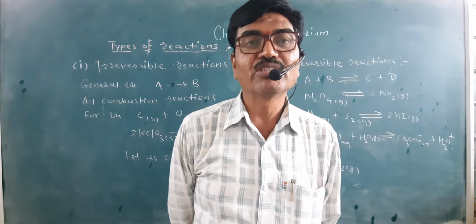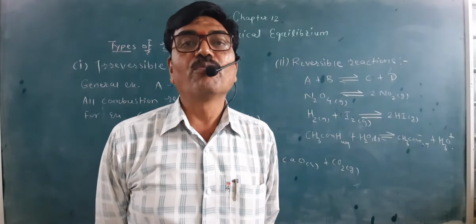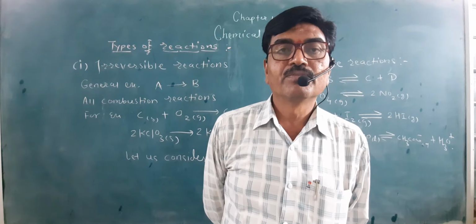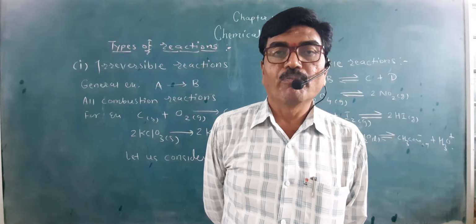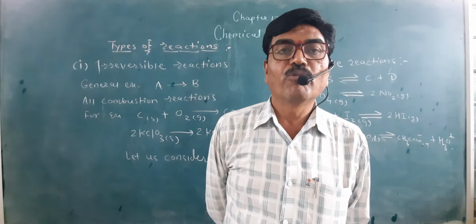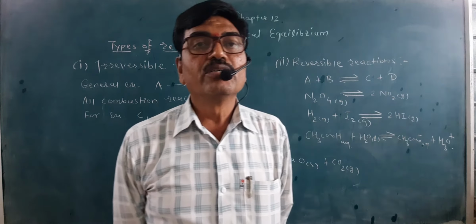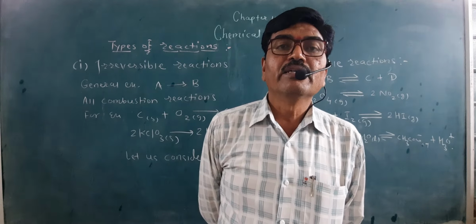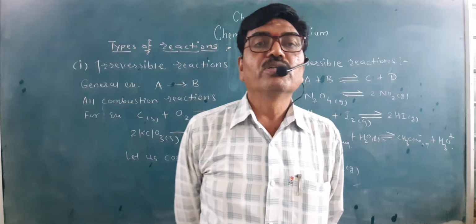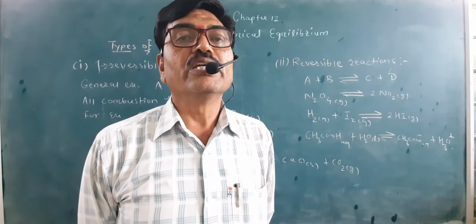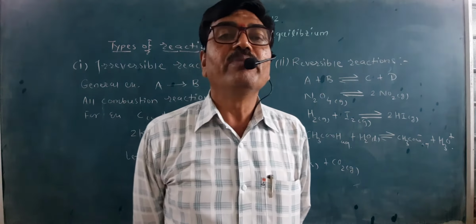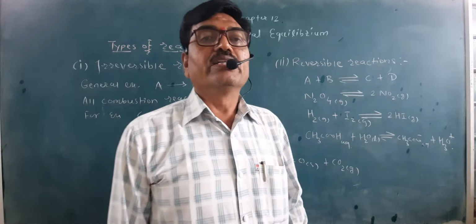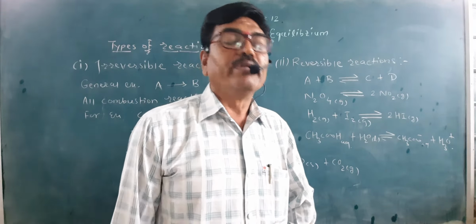So this is the first video based on the topic chemical equilibrium, that is from the 11th standard. This is a very important topic from the 12th point of view. In the 12th standard we have the study of ionic equilibrium. In order to understand ionic equilibria, one must know what is meant by chemical equilibrium, or what is equilibrium in a chemical reaction. So in this video we will learn in detail regarding equilibrium.